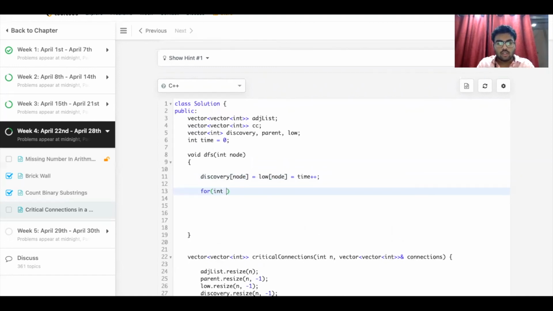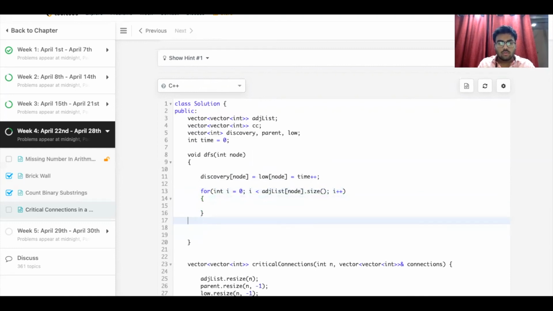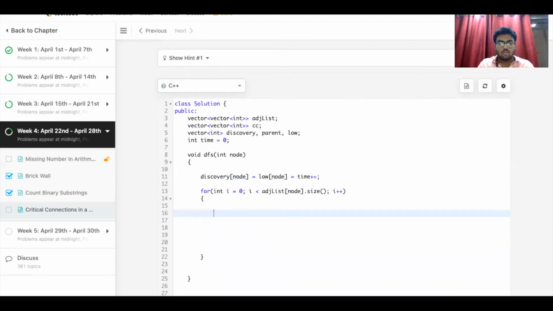Then for int i equal to 0, i less than adjacency list of node dot size, i plus plus. At this time we make a variable for storing the child: adjacency list of node of i, which is the current element we are on.